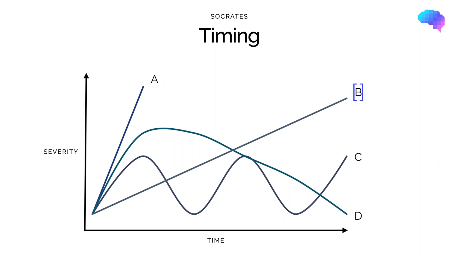Patient A has rapidly worsening, severe abdominal pain, and this would make us think of serious underlying pathology, such as a perforation. Patient B, on the other hand, has got gradually worsening abdominal pain, and this would maybe make us think of an inflammatory or an infective condition, such as appendicitis. Patient C has pain which has worsened and then improved again, and this might make us think of a resolving condition, such as gastroenteritis. And finally, patient D has pain which comes and goes, and this is typical of a colicky pain, which might make us think of obstruction.